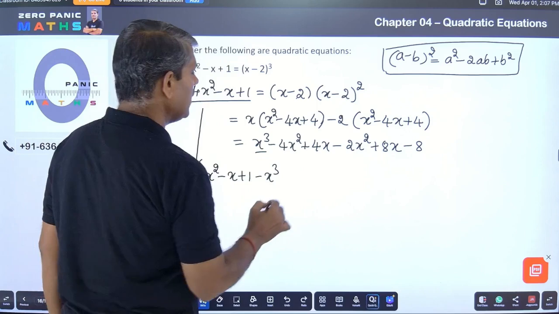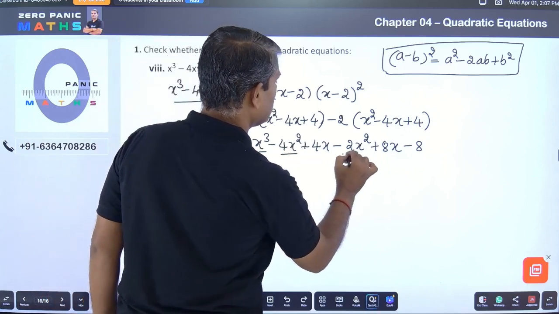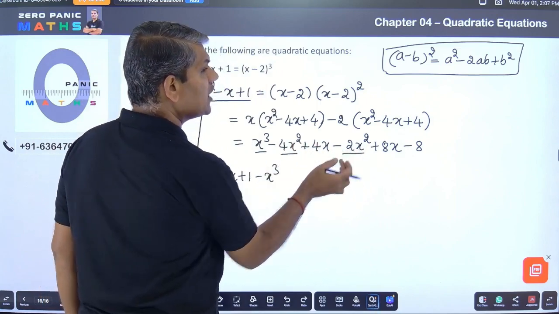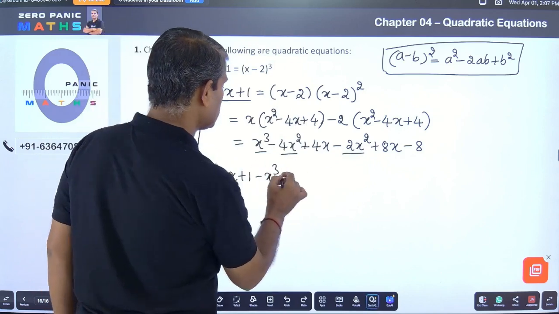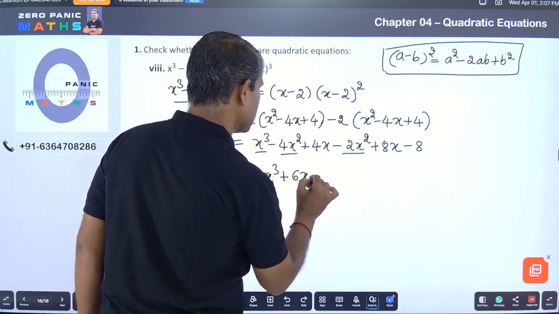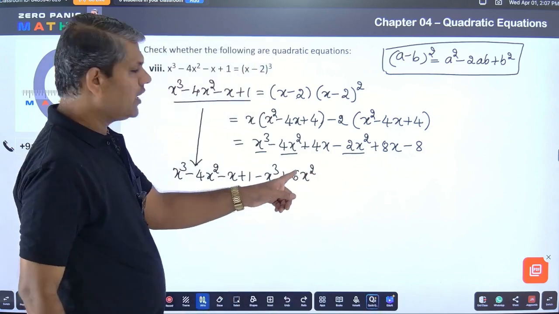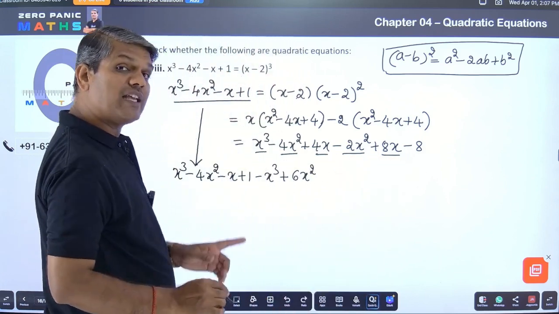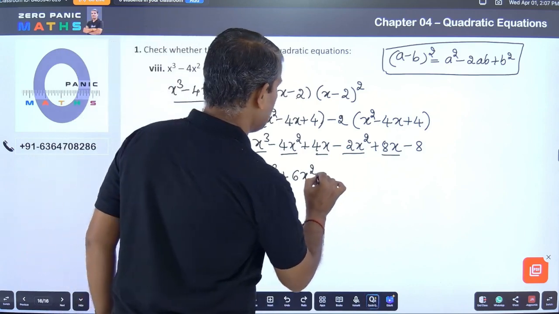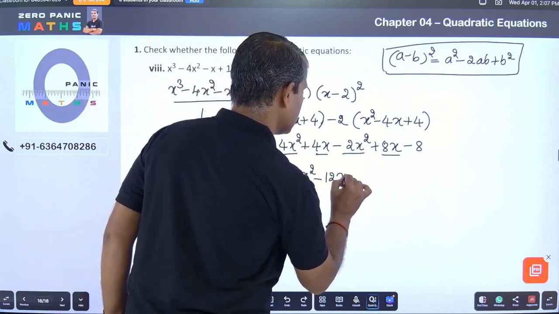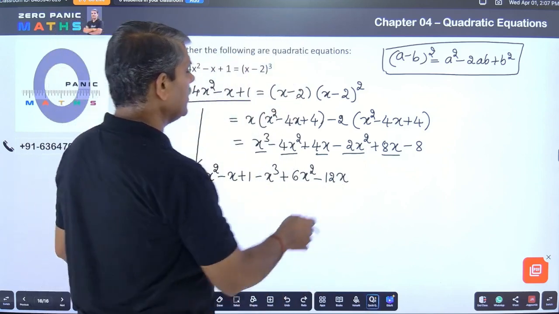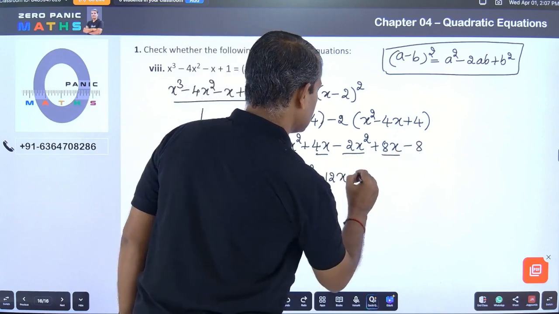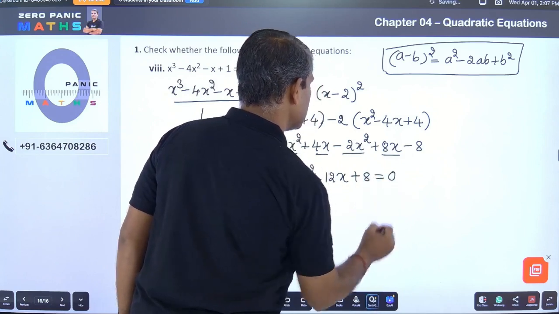minus 4x square. Now let us sum up the x square terms: minus 4x square minus 2x square is minus 6x square, and bringing it to the left side will make it plus 6x square. Okay, you understood this? 4x plus 8x is plus 12x, and bringing it to the left side will make it minus 12x, right? What else remained? The constant term minus 8, bringing it to this side will make it plus 8